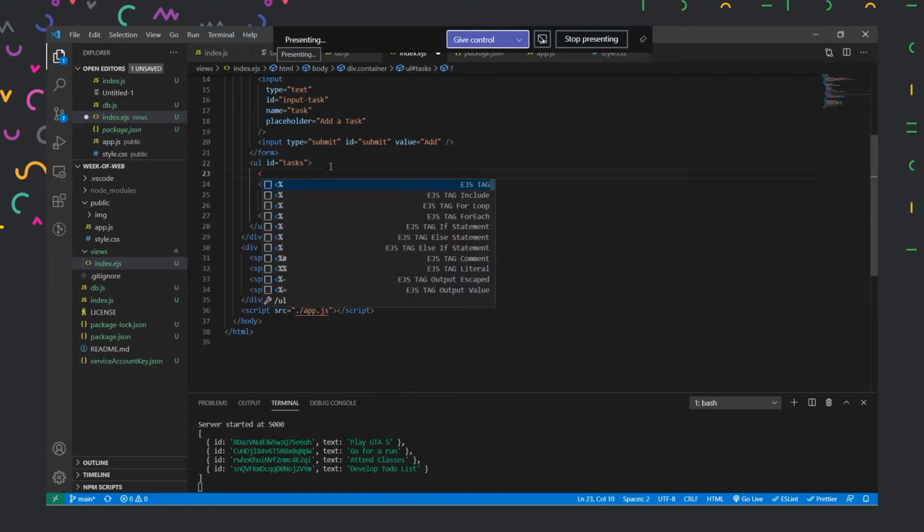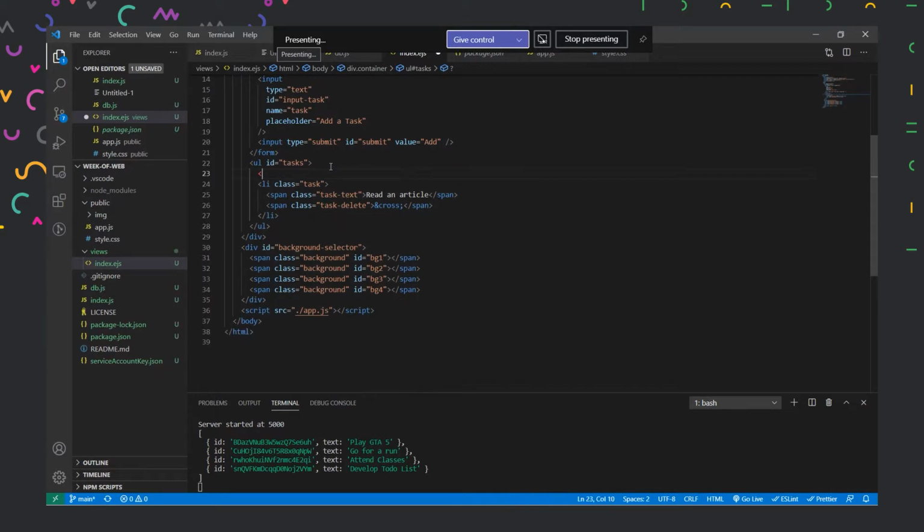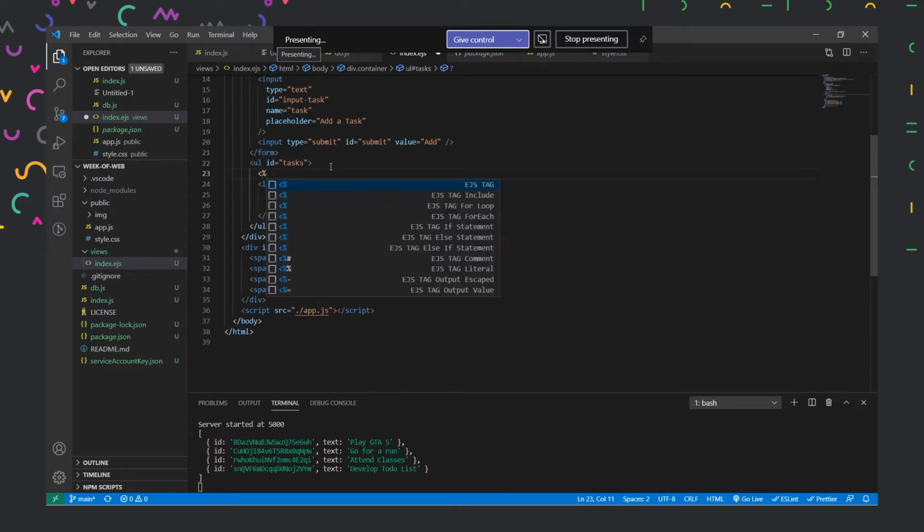I'll just go here, and VS Code automatically generates the syntax for me. So here I can search for loop, and I'll just press enter. But instead of a for loop, since we already have task list, which is an array, we can use the forEach method here as well. So again, I'll just press this. What this means is that whenever we open a tag with a percentage sign inside it, we can write JavaScript inside that tag. And this can be done only for one single line. We cannot do it for multiple lines as of now. So this is the syntax of our EJS.